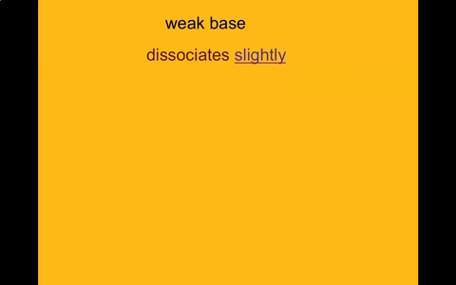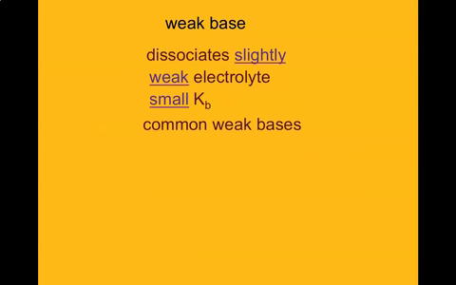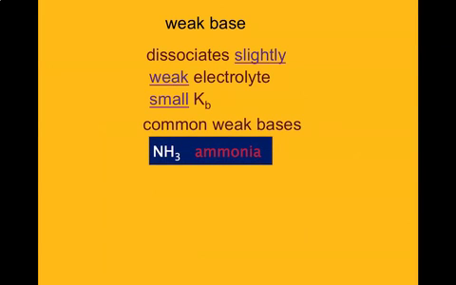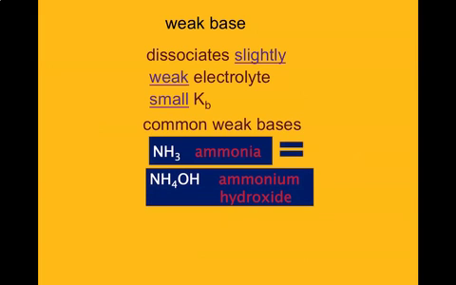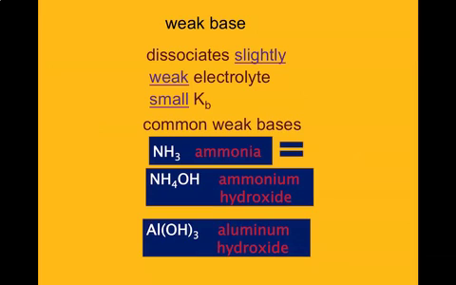So it's only going to dissociate slightly, just like the weak acids. They're going to be a weak electrolyte. They will conduct, but not very well. They have a small base dissociation constant. We're going to list some common weak bases, but again, if they're not part of the strong bases, they'll be considered weak. So ammonia, ammonium hydroxide, aluminum hydroxide,